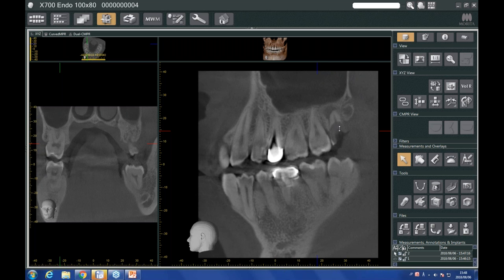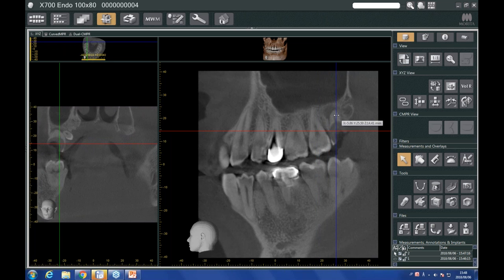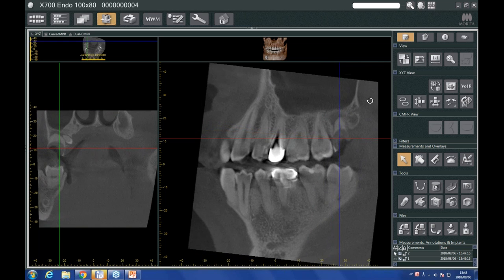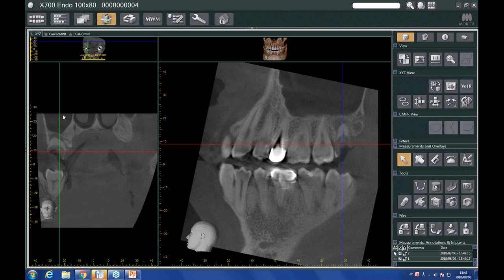But if I really want to see this tooth in deeper detail, okay, I'm just going to focus right on this one. Let me bring my lines back so I can line everything up. So I'm going to quickly move this blue line over to this tooth, and I am going to rotate this image to line up with it. Okay. The reason I do this is if I want to do any measurements, I'm trying to avoid what's called